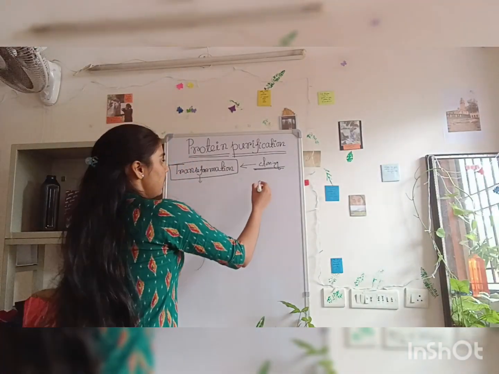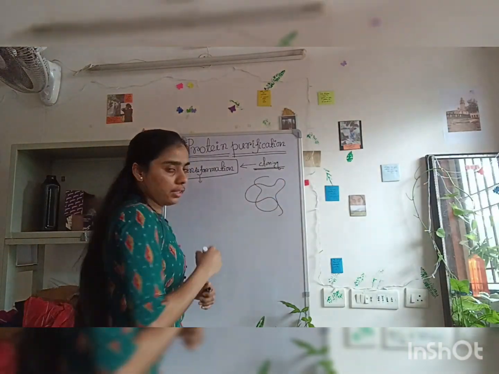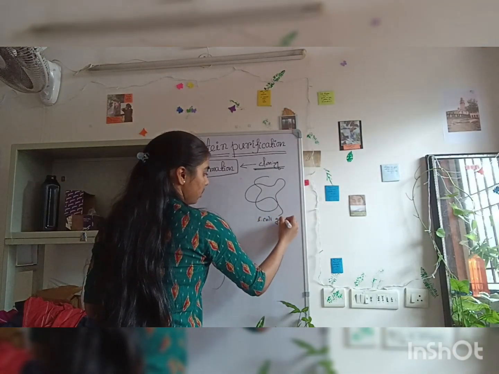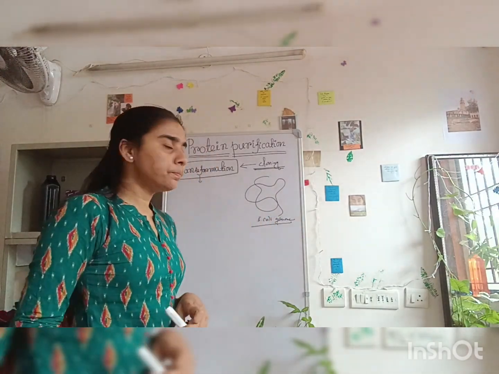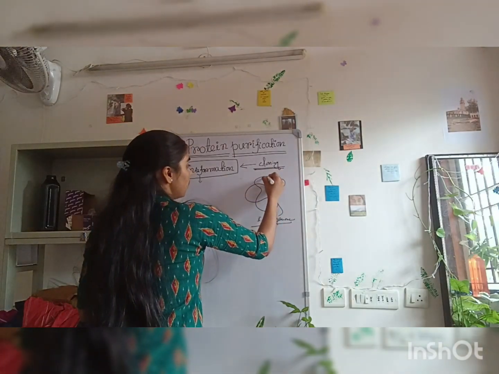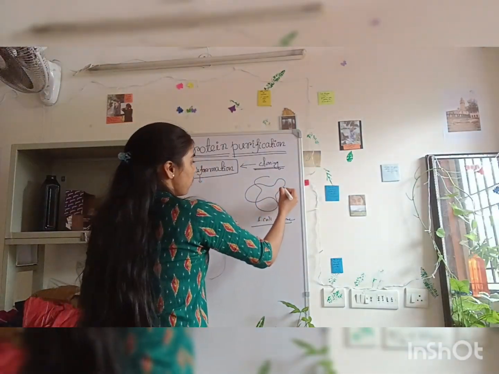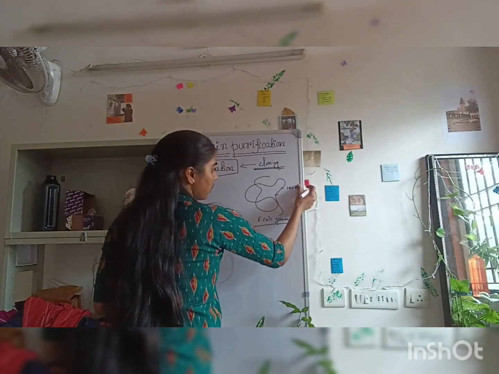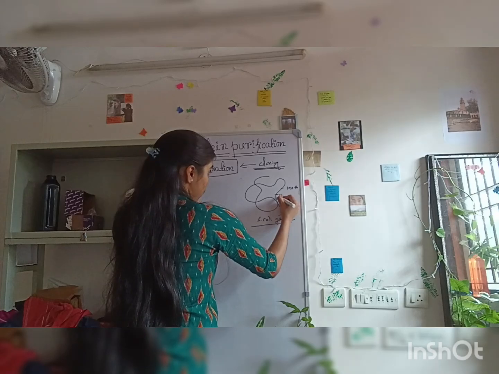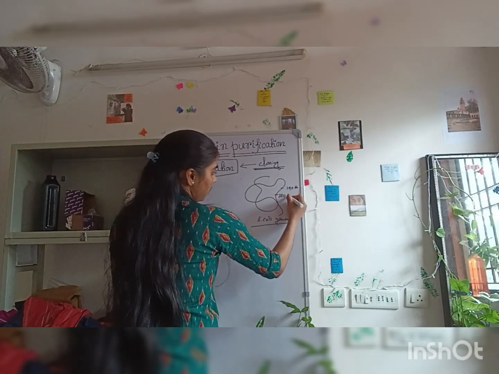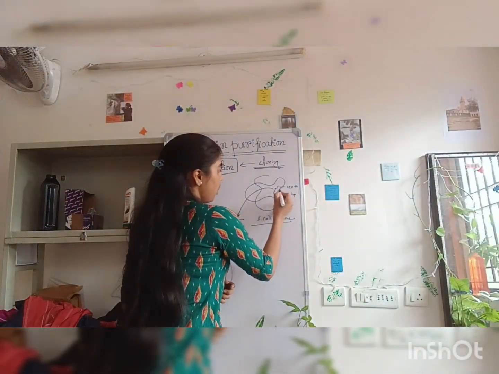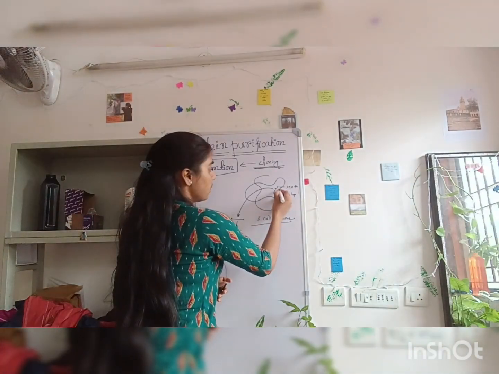So let's say this is the genome of that bacteria. Let's say it's an E. coli genome. In this genome, which means DNA, we all know, we have a gene, let's say from the 140th base pair to 200 base pair. This is the length of the gene. As I was saying, this is the gene of your interest. You want to work on this gene.